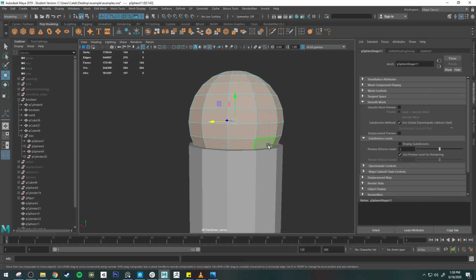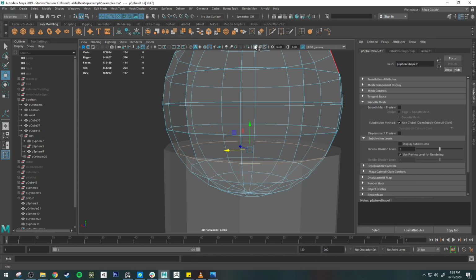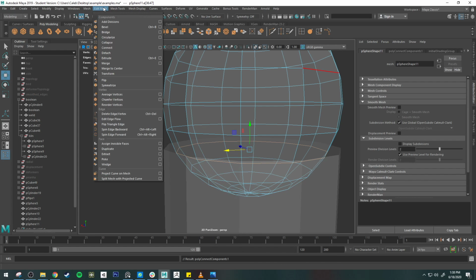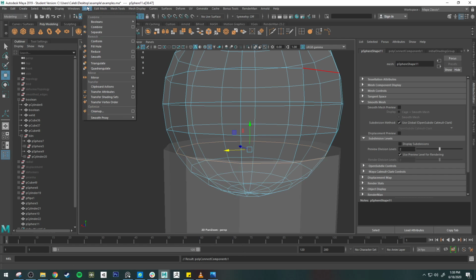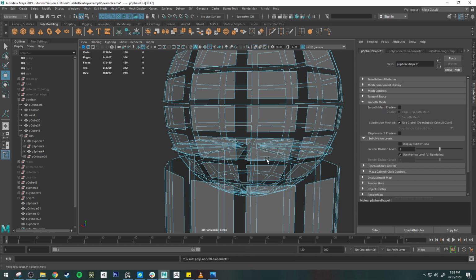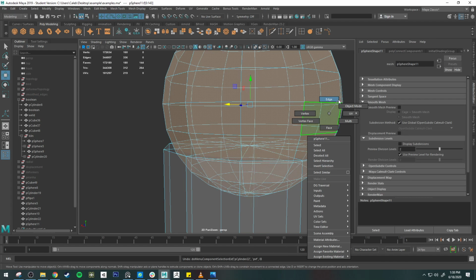So from here, I'm selecting an edge loop that's on the inside right there. Let's go ahead and shift right click. I'm going to detach my components, or I can find that under edit mesh, detach components. Or is it under mesh? I don't know where it is on the actual menus, of course. I'm sure it's here. Oh, detach. There we go. Detach. What that does is it makes this cylinder now made of 2 different